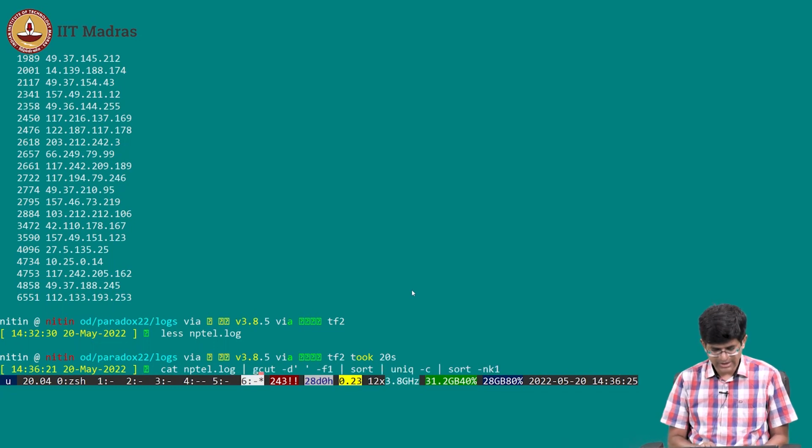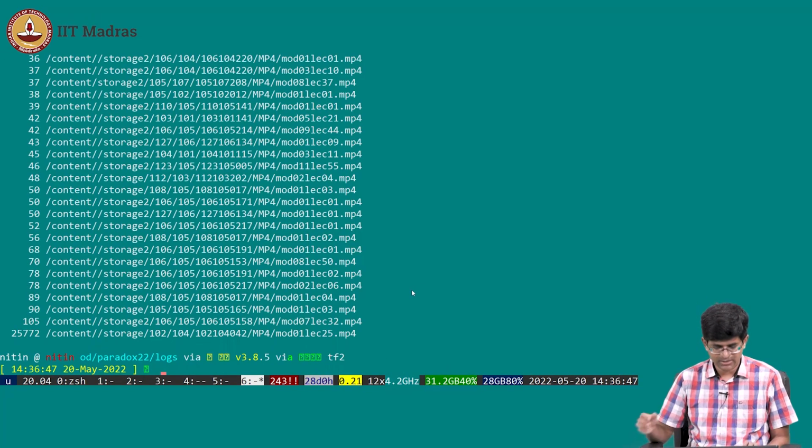I first do a grep, okay? And this grep will search for the pattern .mp4. I need to put that backslash in front because the dot otherwise will be interpreted in some other way. Okay. Now I don't want to get the first parameter. I think I want the 7th parameter. That's the actual file name, right? And I do the same thing out here. What happens? It basically tells me that, for example, this MP4 file was downloaded. I mean, this doesn't make sense, right? 25,000 times. Why would anyone download it 25,000 times?